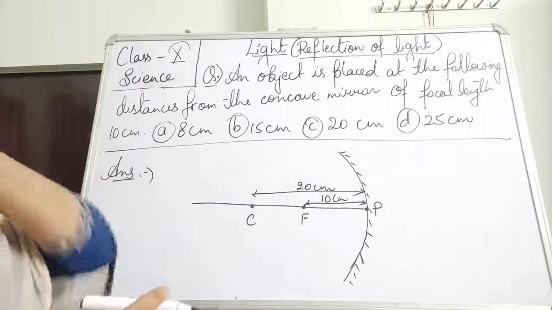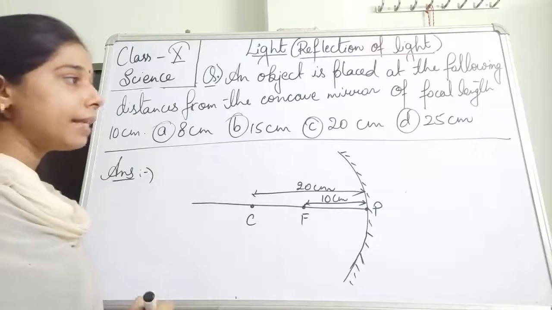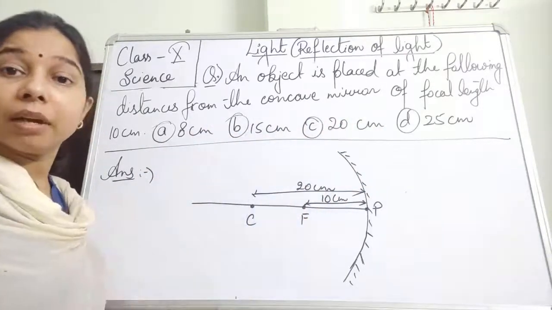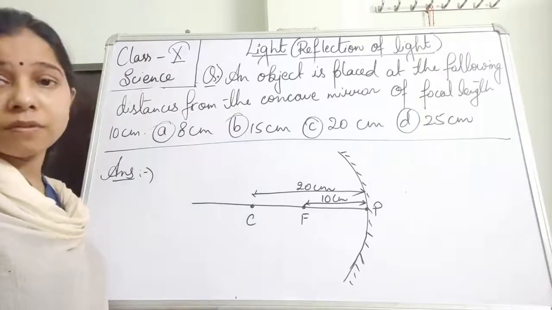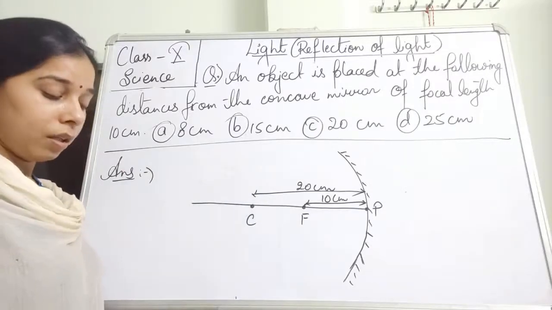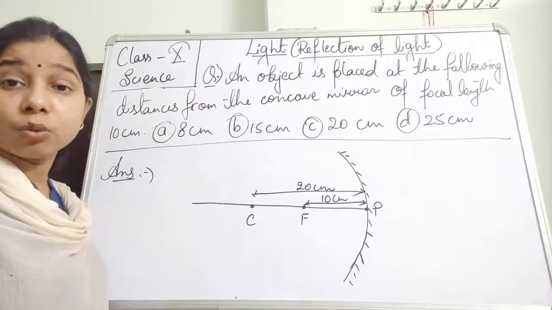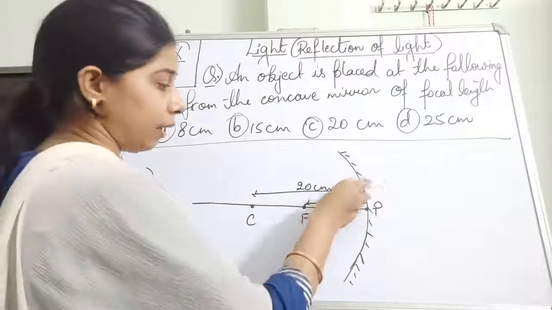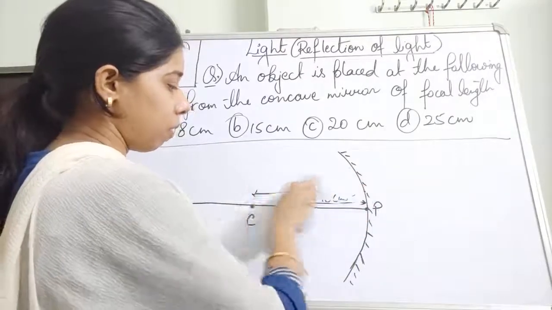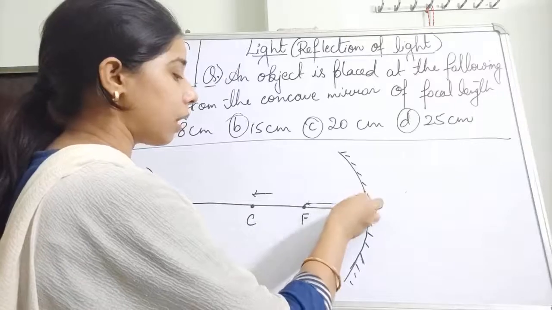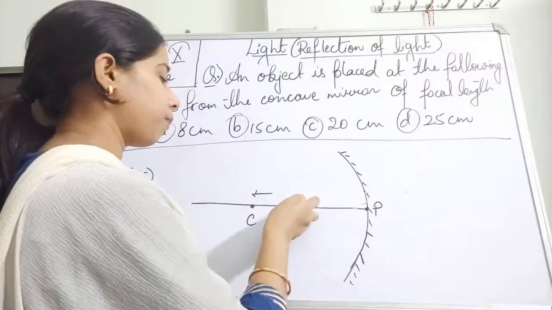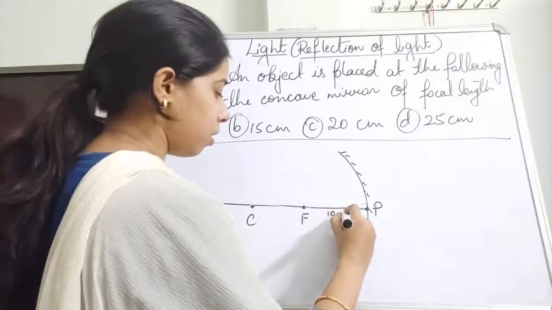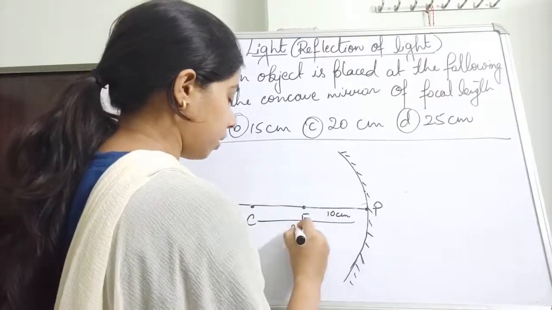So this one thing is clear to us. Now you see here, students, we have to place the object at these particular distances and then find out where the image will be formed. I think this question will help you understand what kind of questions related to the ray diagram can be asked, except drawing the ray diagram. So I'm rubbing this so that we can understand it easily. This is the 10 centimeter and this whole is the 20 centimeter.